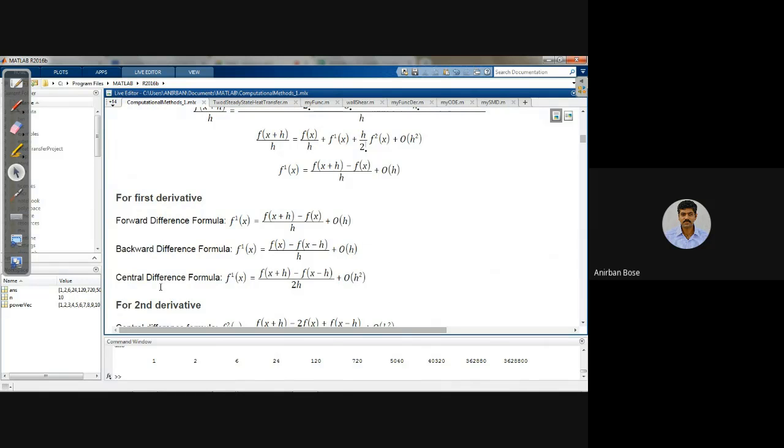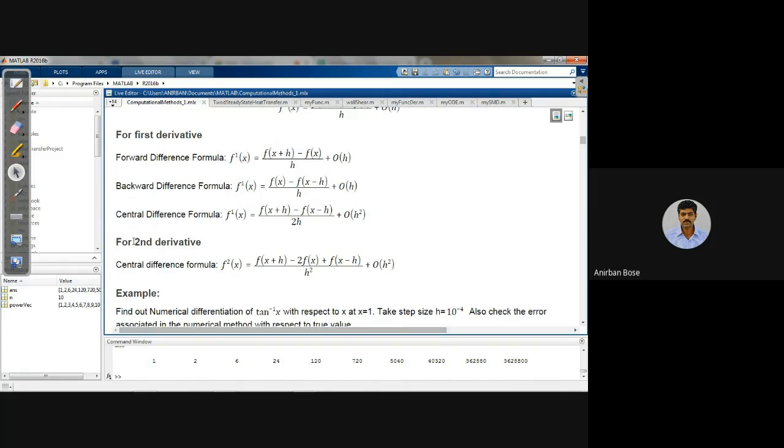So if you consider the central difference formula, in that case you can observe that the order of the truncation error is h to the power 2, and definitely h to the power 2 is less than h because h is very small. So this is a much more accurate formula. So the central difference formula is much more accurate with respect to the forward difference or the backward difference formula. These formulas are actually known to you. Now we'll see how, with the help of these different formulas, we can find the derivative, with some example problems through the code, so that you will understand.